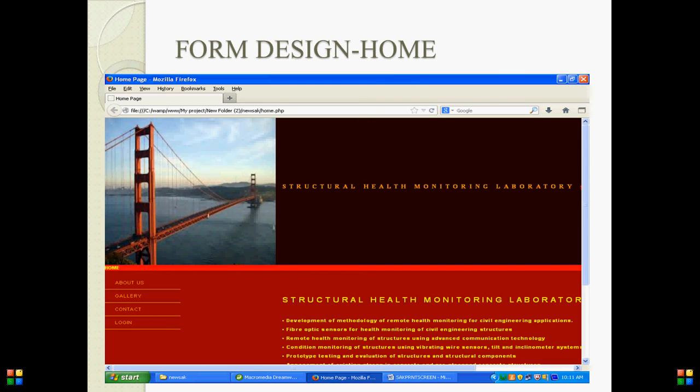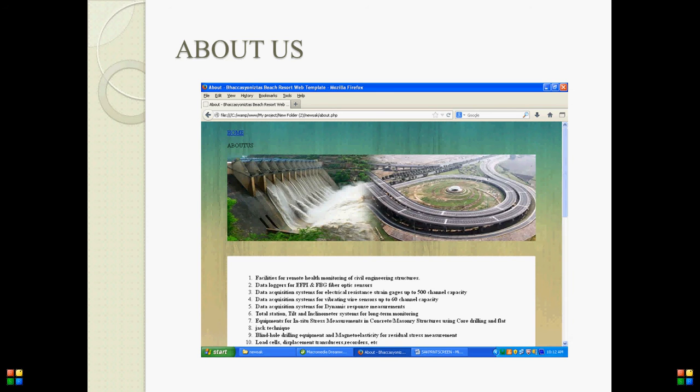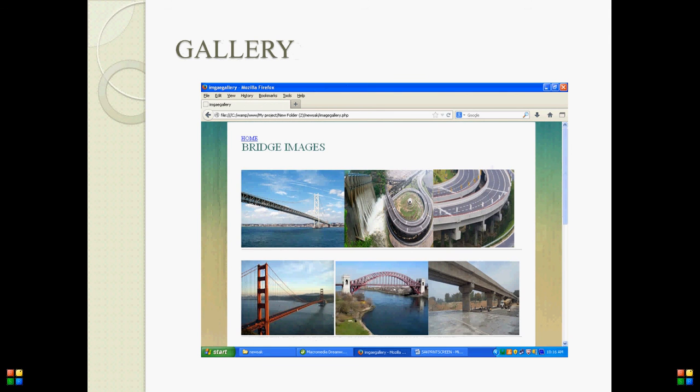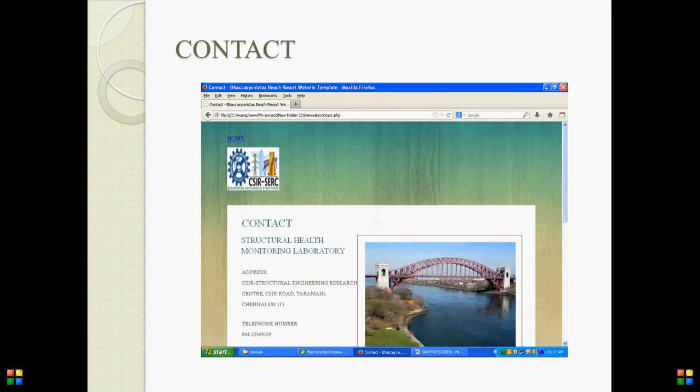Form design. First of all, I will explain the home page. The home page contains about us, gallery, contact and login. The about us page is used to get information about the structural health monitoring laboratory. The gallery page contains images of bridges.